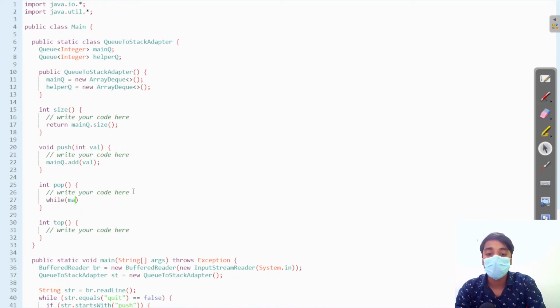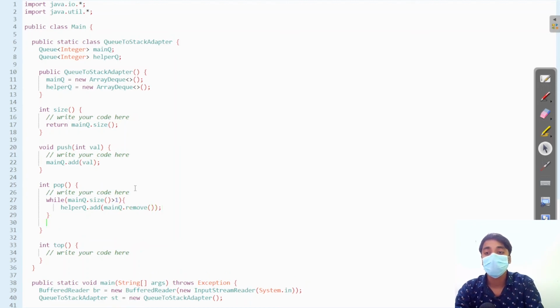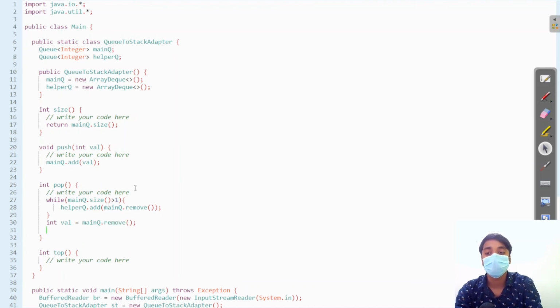While our main queue dot size is greater than 1, so that we can get our last value, we will add all the elements from the main queue to the helper by removing them. Now the last value will be the pop value in the main queue, so we will remove the last value.